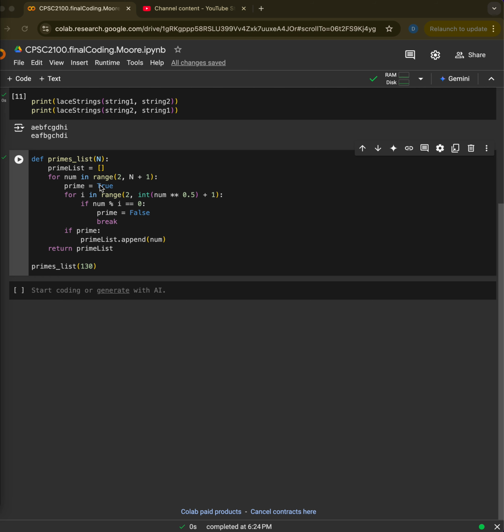We're going to start off right here by establishing that prime equals true. So we're looking to find any number that is prime, so we want that to stay true. And then we're going to go into another for loop. So for i in the range of 2 to basically the square root of the number that you passed in, or for the range for that number,